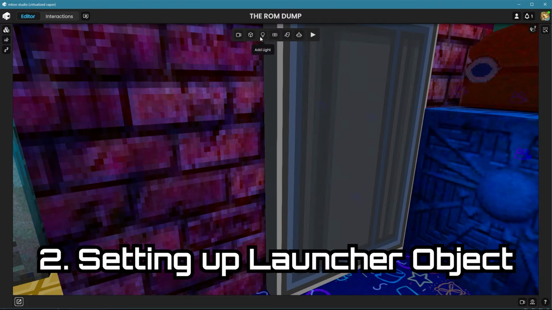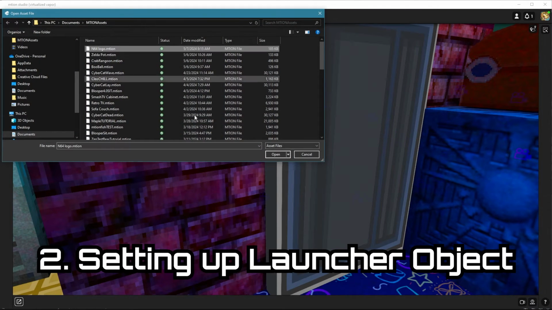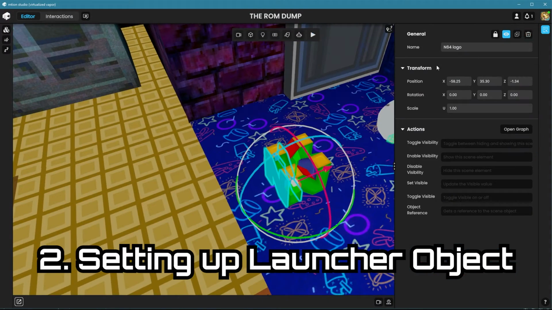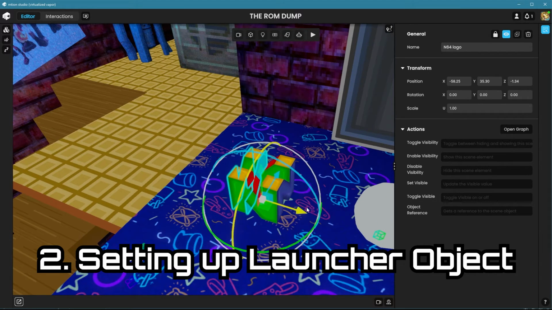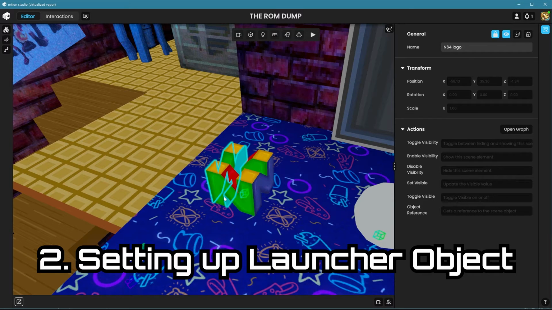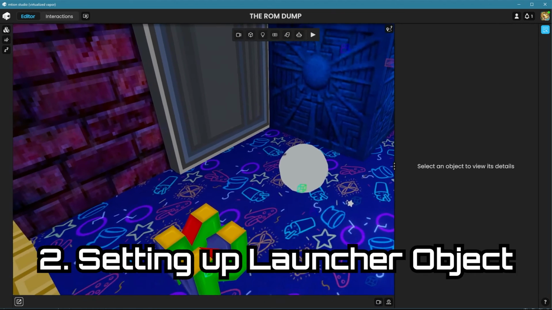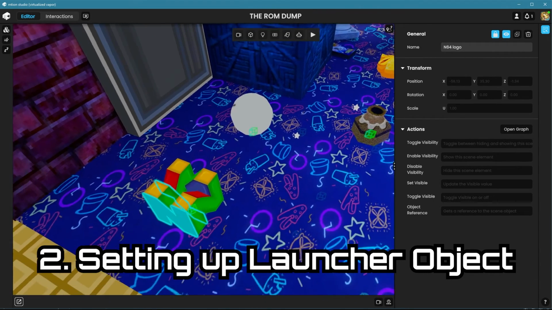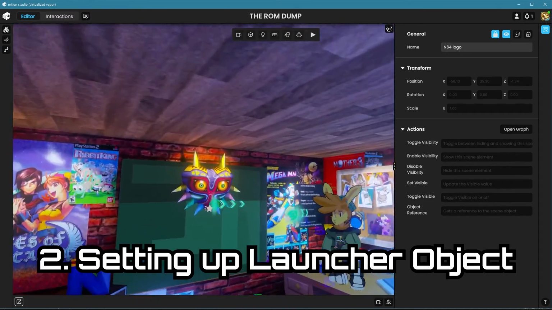So I'm gonna hit add object, and we're gonna add the logo that we just converted right here. Perfect. Okay, this is the logo, and I'm going to just lock it into place. You definitely want to have it locked into place so it doesn't go flying somewhere or anything. And then you can have it invisible. I'm probably just going to put it somewhere in here. It doesn't really matter exactly. And then we're going to go back